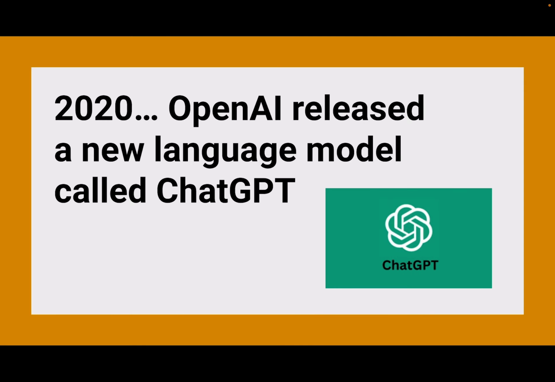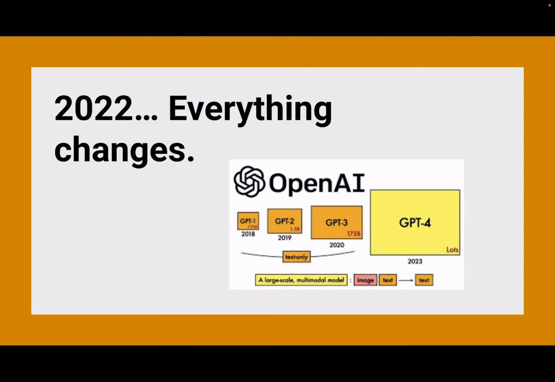And then 2022 comes along, and OpenAI released a new language model called ChatGPT. This new model was designed to generate text that mimics human conversation, and it was trained on a massive data set of human-written text and learned to generate natural-sounding and engaging responses to prompts. So it showed a wide range of potential applications, including virtual assistants, chatbots, and customer service tools. So its ability to generate natural and contextually appropriate responses made it a powerful tool for enhancing communication and collaboration between humans and machines. Then everything changes.